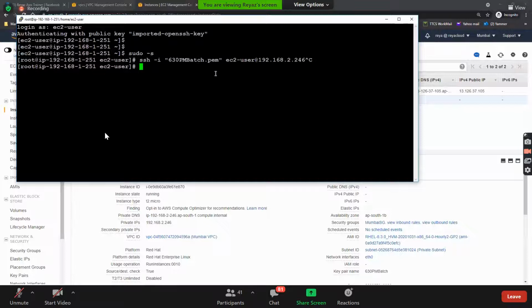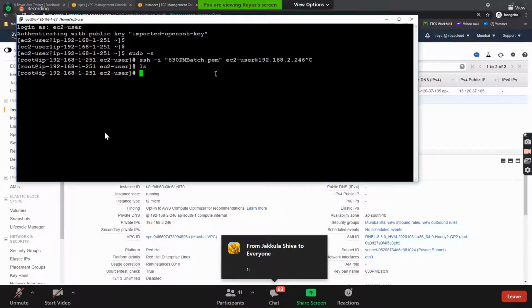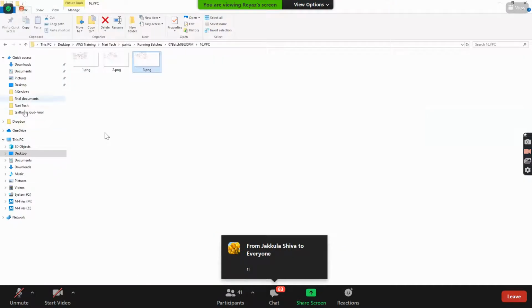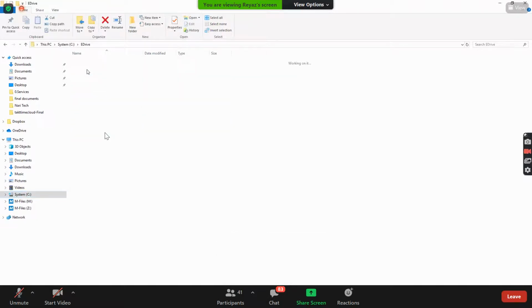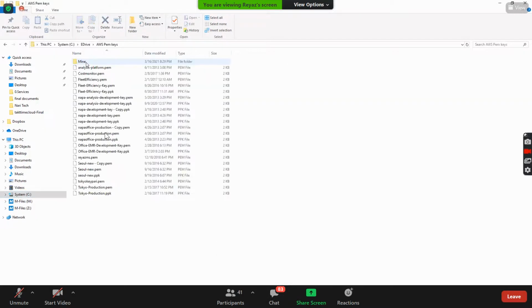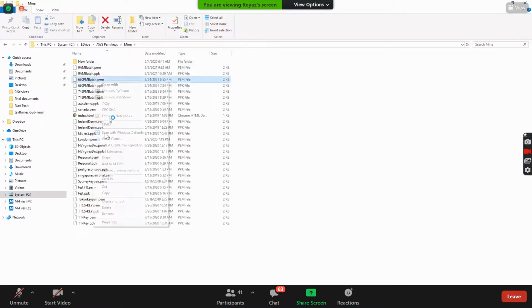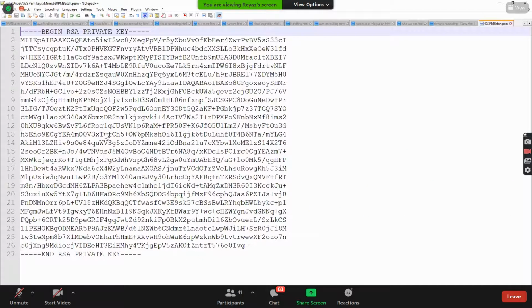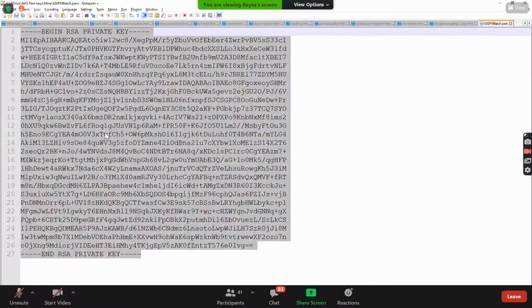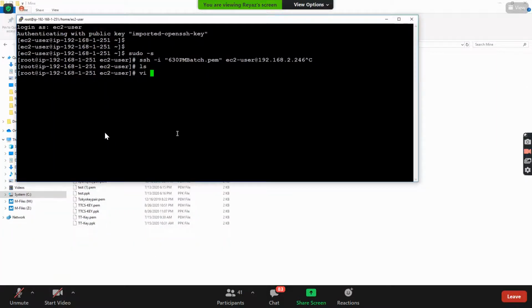It is expecting the 630 batch.pem file here, but do we have the PEM file on my machine? No. So how do we get this PEM file is very simple. Let me go to the C drive. Guys, open your 630 PEM file, edit it, get all the content, and let's create a file here itself. What is the command to create a file in Linux, guys? Vi, right? Vi 630, the same name, batch.pem.